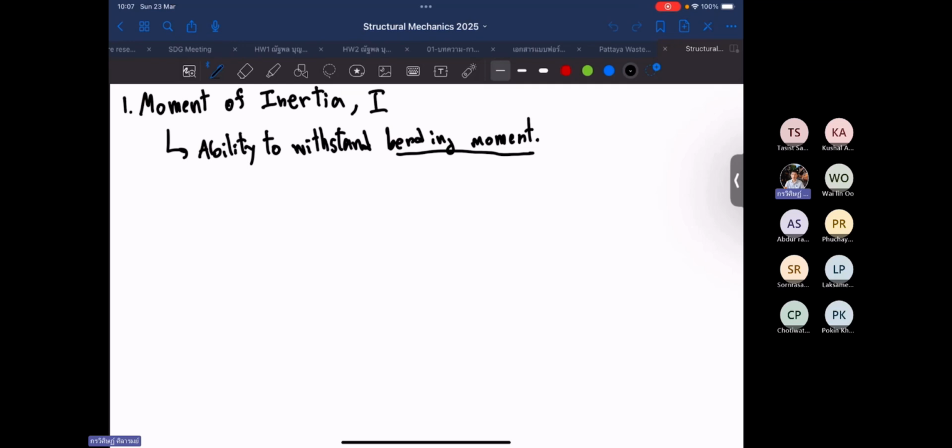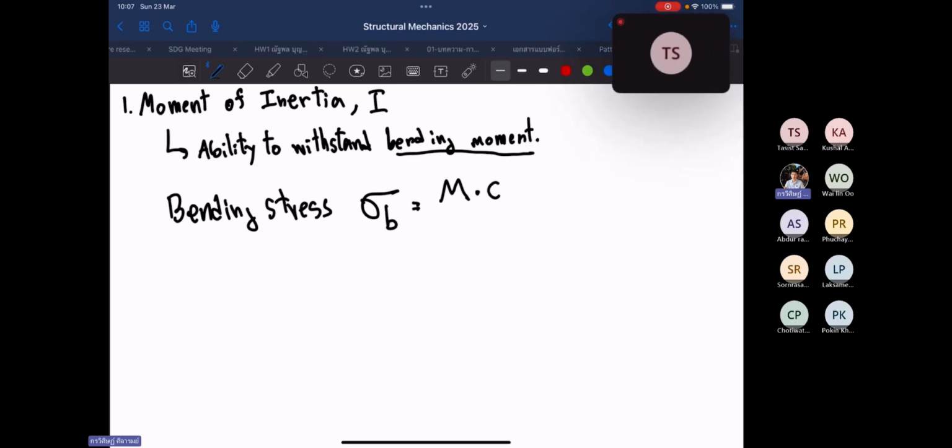Because in the calculation, we can calculate the bending stress. Okay, bending stress. You can use this sigma. Okay, the sigma symbol corresponds to the bending, and we subscript it with B in order to indicate that this one is the bending. Okay, the bending stress is equal to the bending moment multiplied by parameter C divided by this moment of inertia I. Okay, this C is the